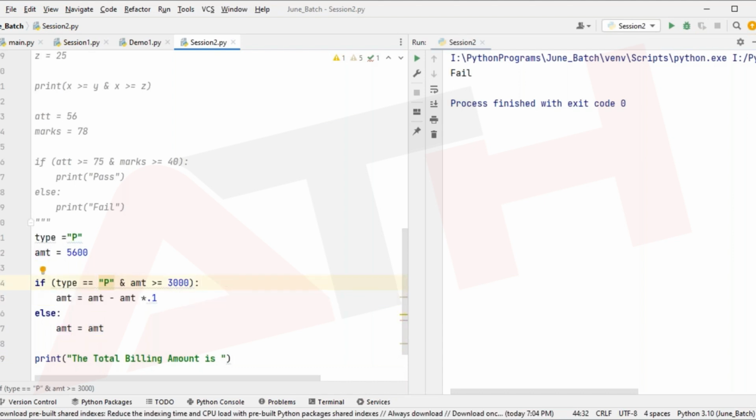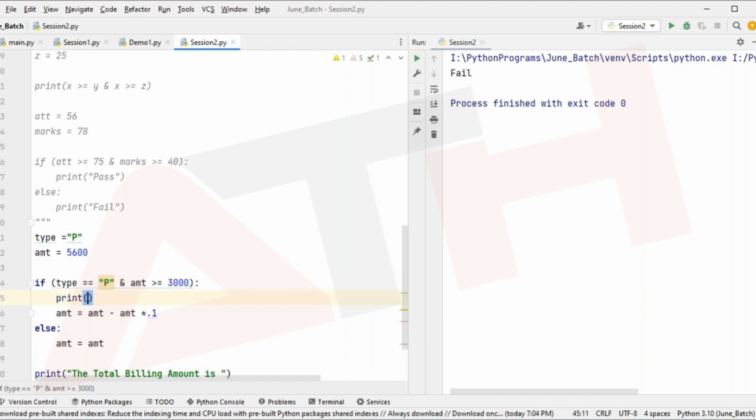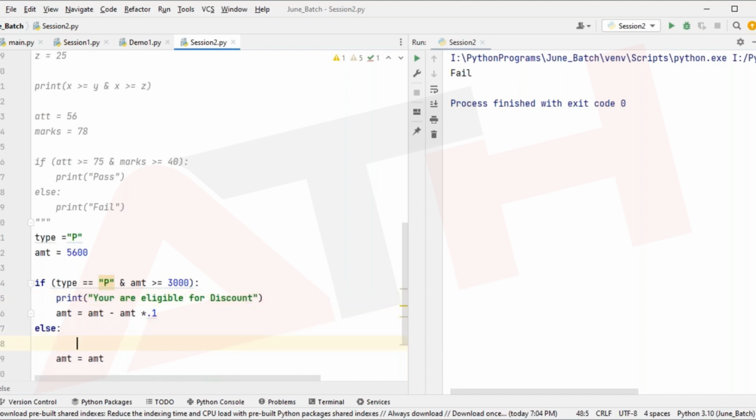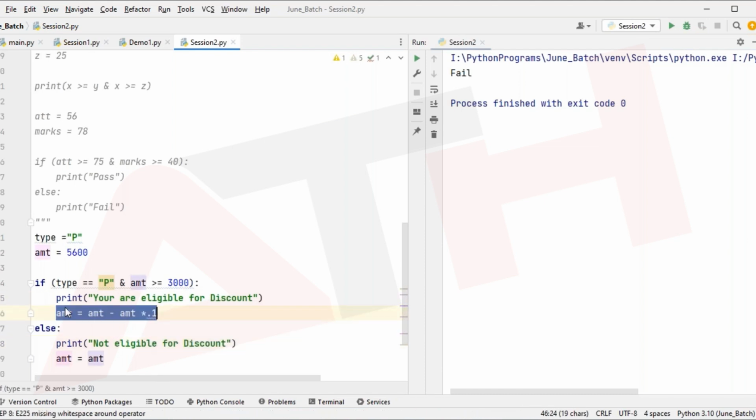So in that case, I can even write a print statement here. Print, you are eligible for discount. I think that should be better. Okay. So else I say no, you're not eligible for discount. Print, not eligible for discount. Fine. Clear? So it's not necessary that you look at it, but again, it's a simple